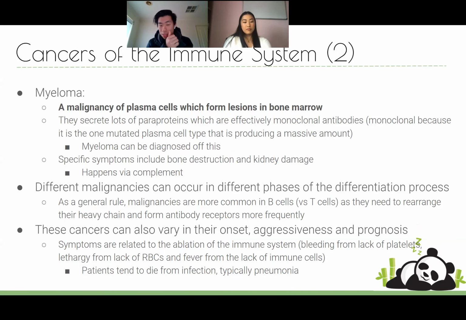Myelomas are simply a malignancy of plasma cells, which is the multiple myeloma Alina was talking about before. They secrete paraproteins, which are basically just monoclonal antibodies, so basically one antibody in mass production. Because if you think about it, myeloma is a tumor of one plasma cell that's gone berserk, rather than in immune responses, which are polyclonal, because it's a whole bunch of plasma cells which have gone reasonably crazy